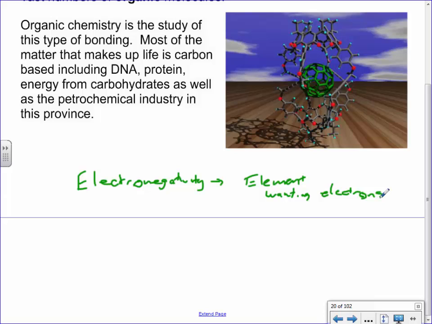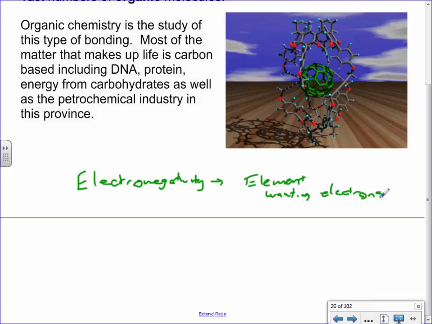Some nuclei are really large. The valence electrons are really, really far away. And the further away they get, the less they want to stay. And so there's a lot of different factors in play. So Linus Pauling came up with this electronegativity scale. I can't remember what the date was, but the whole point is that it's on a scale from 0 to